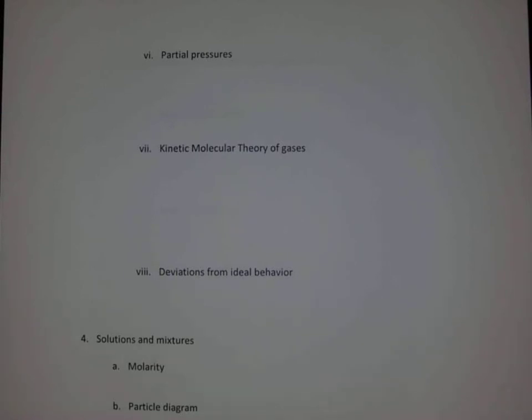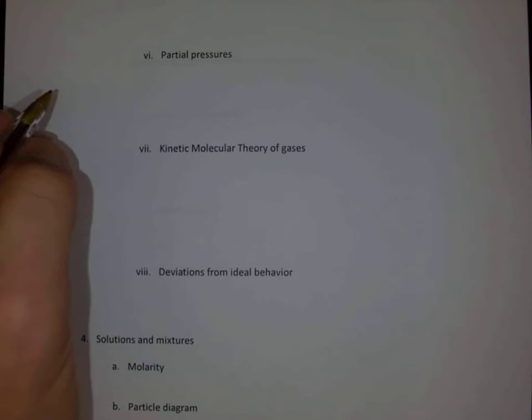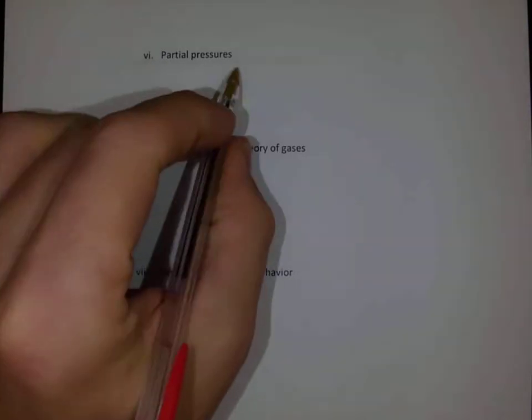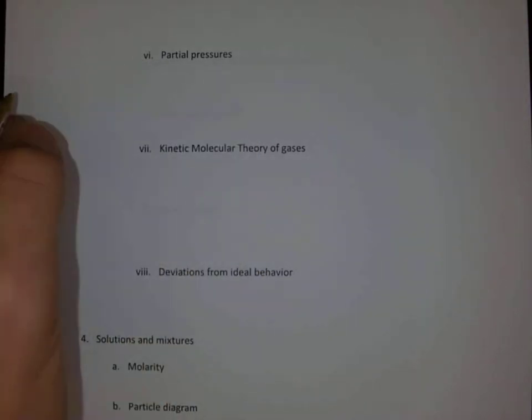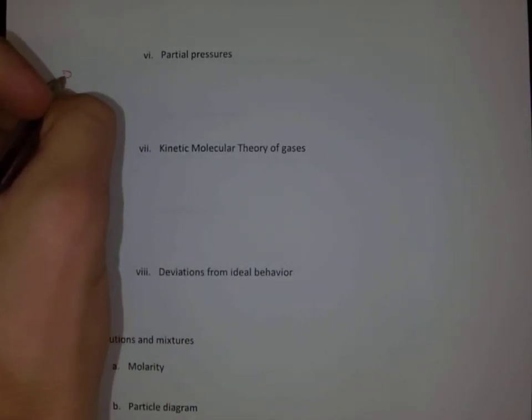All right, so we have talked about our ideal gases. When we have an ideal gas, we can use the equation PV equals nRT, right? But this is for when we only have one type of gas. But sometimes we have multiple types of gases in the same sample. So when we have multiple types of gases, we have to use the law with partial pressures, where our pressure